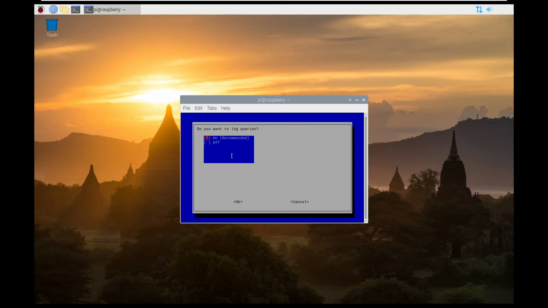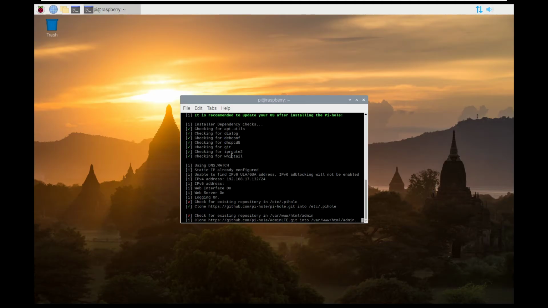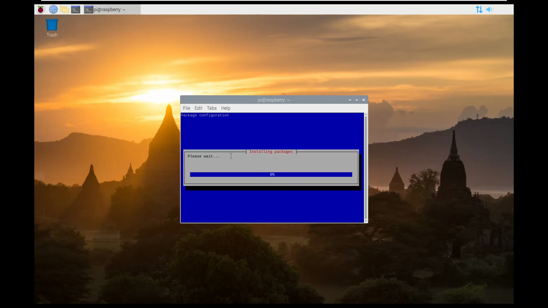As an admin, I think logging queries is probably a good idea. In privacy mode, just for a first time install, it might be good to just show everything for now, but if you'd like more privacy on certain things or for your clients, then feel free to pick whichever apply to you the most. Alright, so now it's going to go ahead and install